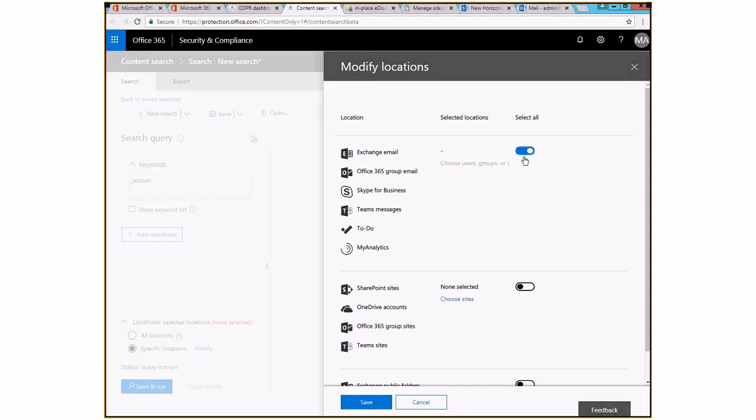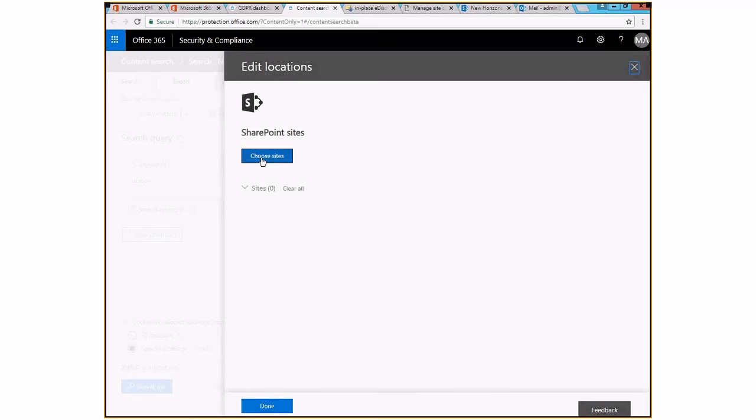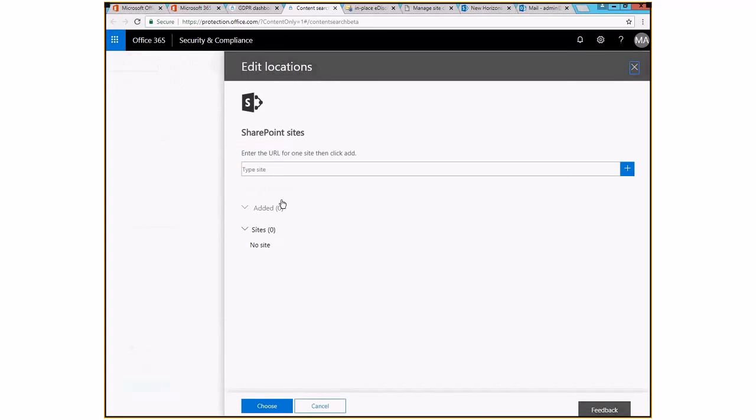And then if you want, you can select, for example, only some mailboxes or some Skype accounts. If you are looking for SharePoint, same story. I could enable it for all the SharePoint sites and document libraries, or I could click on choose site, and then click on choose site one more time, and then just select, I think I have